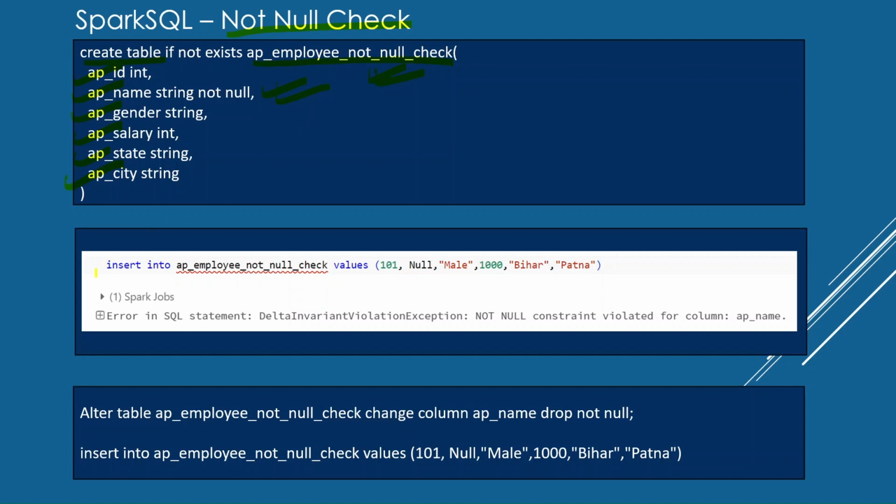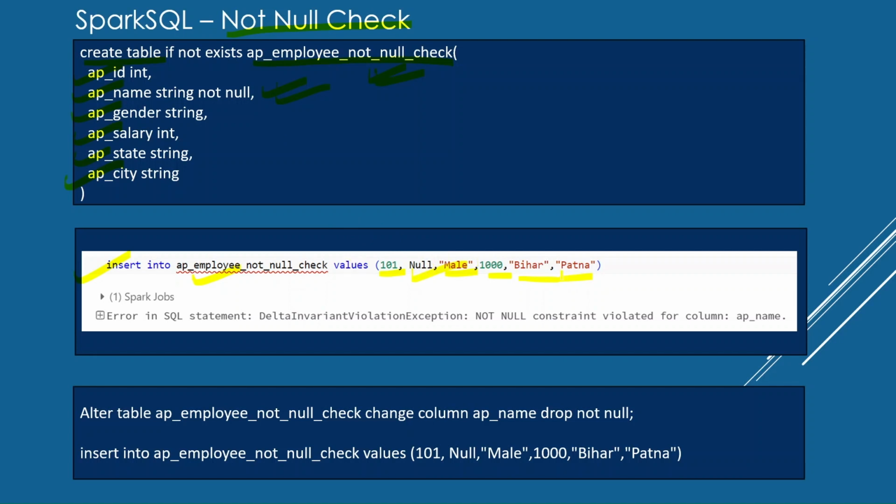So I have captured this output as well. You can see we are inserting records in the table which we have created above, and all the columns have some values, but the AP name column doesn't have a value. We are populating it with null.